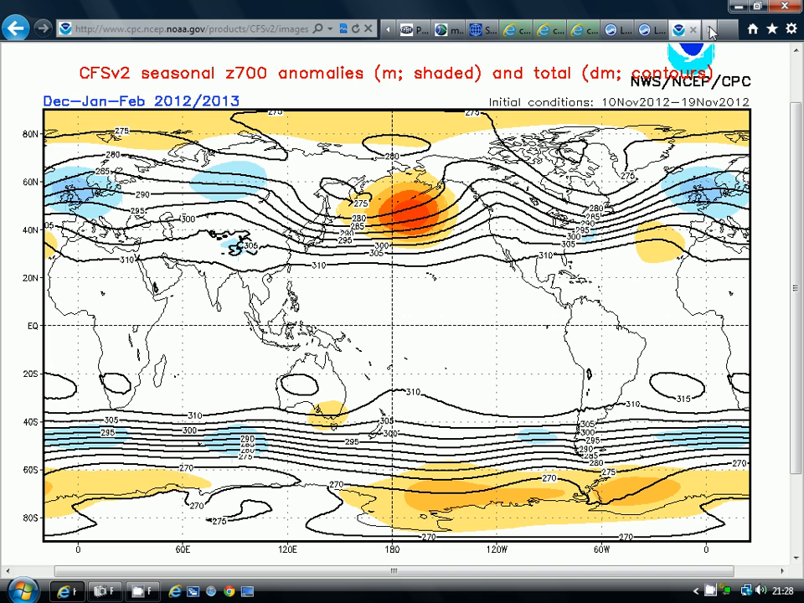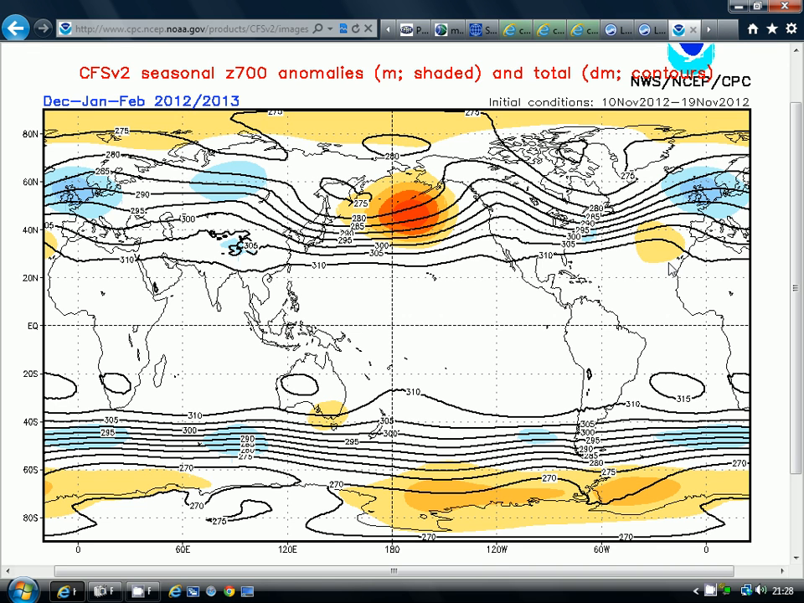The final model we're looking at for this update is the CFS version 2 model. Remember, CFS version 1 has been pensioned off, so now we're just using CFS version 2, and I wonder how long it's going to be before this becomes just plain old CFS. They'll drop the version 2 because they really don't need it, but anyway, it's still CFS version 2, and this